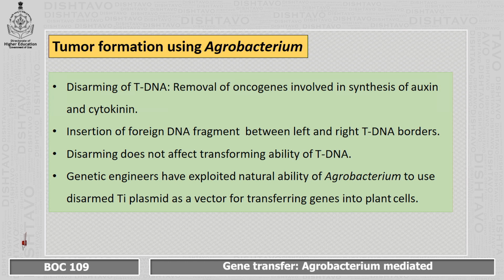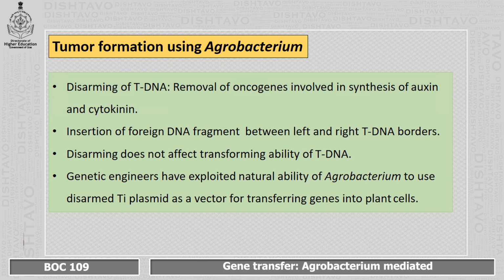In place of this tDNA, foreign DNA is inserted, which is the gene of interest. Whatever DNA we want to incorporate in the plant cell is inserted in the place where the oncogenes were present, that is, between the left and the right tDNA borders. Now this disarming does not affect the transforming ability of the tDNA. Still it is going to affect the plant cell, but the genes responsible for auxin and cytokinin